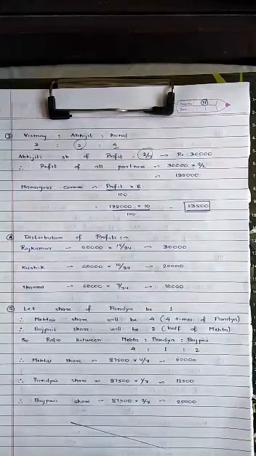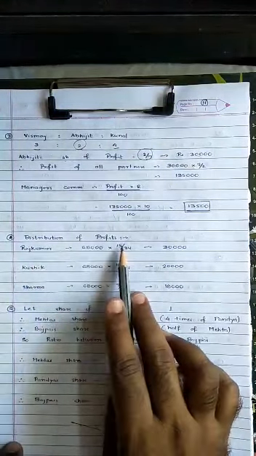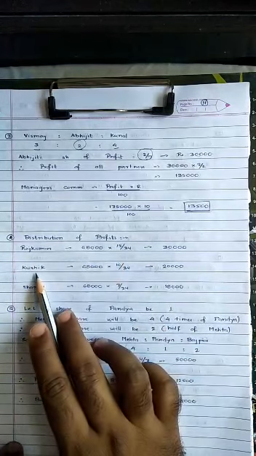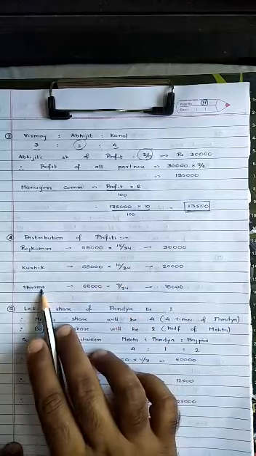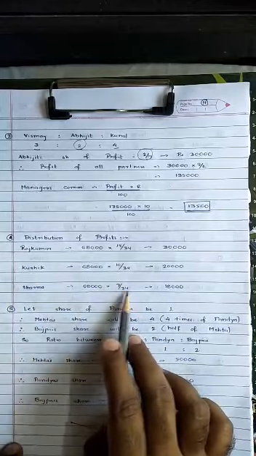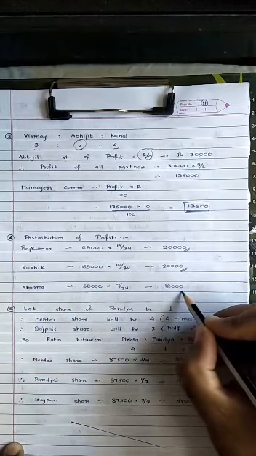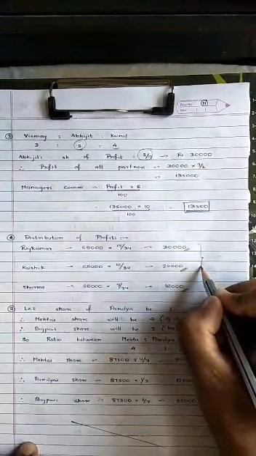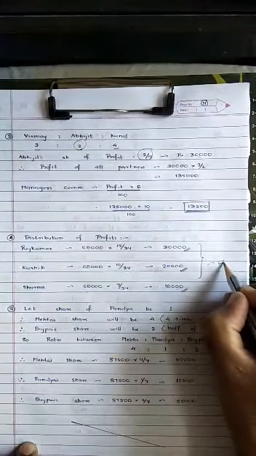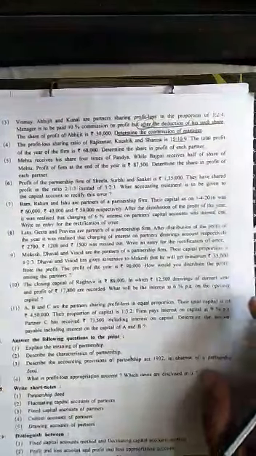So in order to ascertain each partner's share, Rajkumar's share is the profit of the firm, 68,000, into his share 15 by 34. Kaushik's share of profit is 68,000 into his share 10 by 34, and Sharma's share of profit is 68,000 into 9 by 34. On simplification we will get the resulting balances 30,000 plus 20,000 plus 18,000. Again, just to cross verify, the sum total of these three should be equal to 68,000 only. This was a simple question. Now moving on to the next question, number 5.